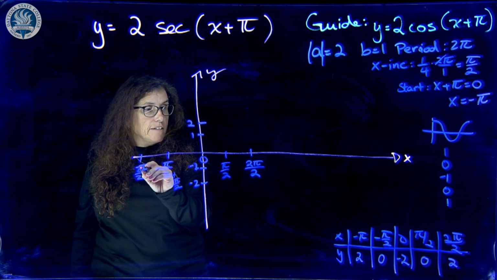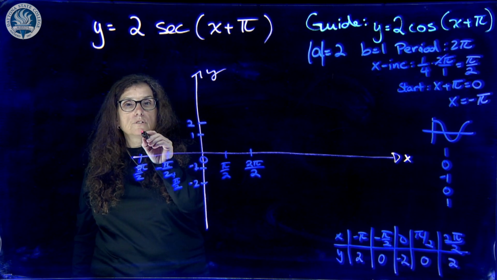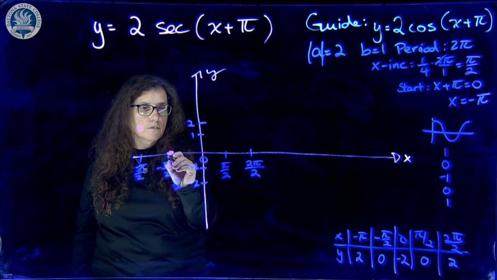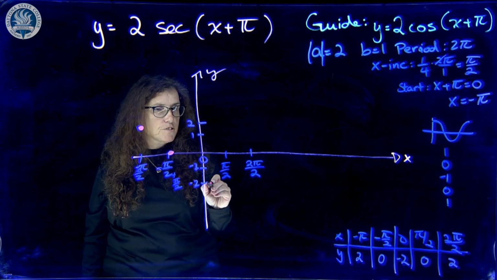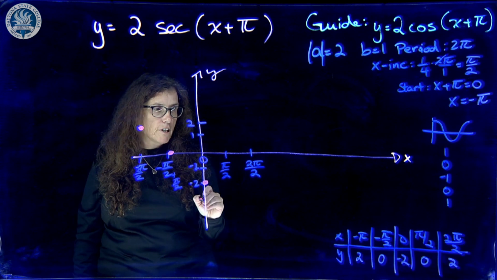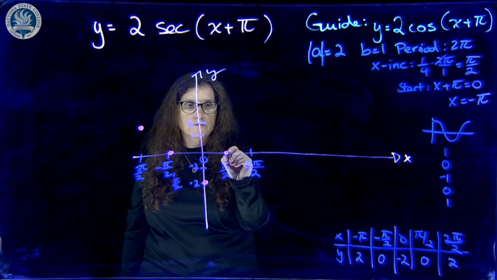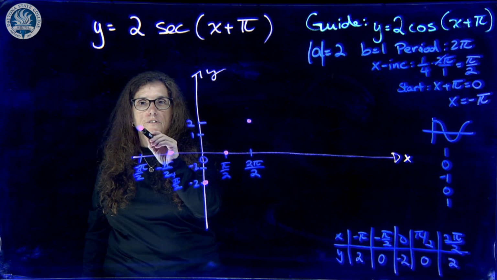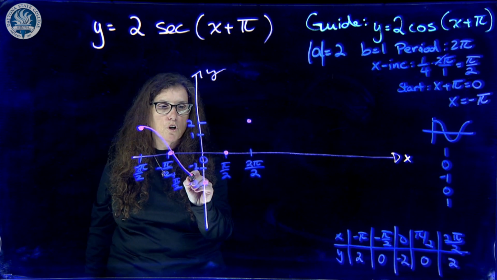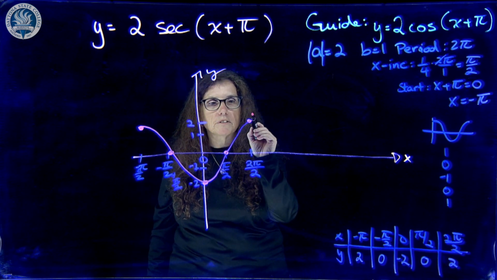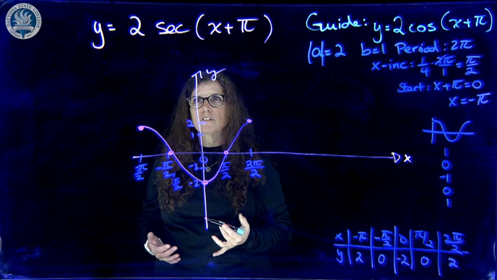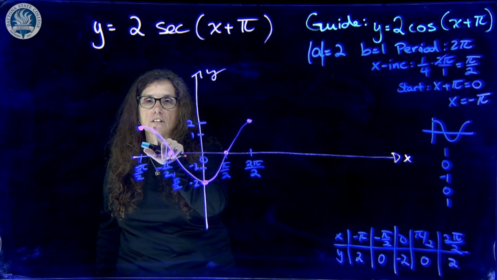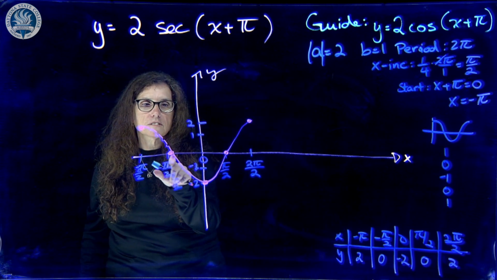Negative pi is 2. And then we go to 0. 0, negative 2. So y-intercept. Pi over 2, 0. And then we go back up to 2. So we can see one full period. Now that we have one full period, that really does not give us a good representation of the secant. Actually, let me just make this a little dashed